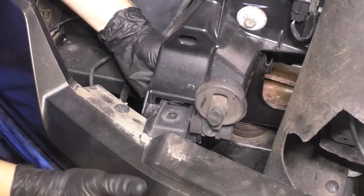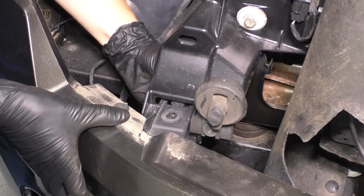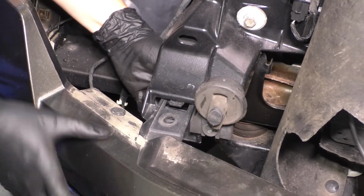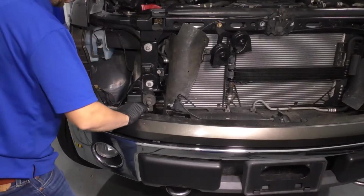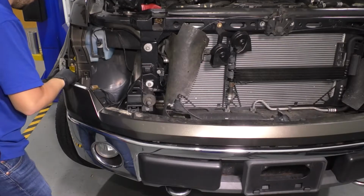There we go. Now back up top, where we removed the 10mm bolts right after the first couple, you'll see this tab right here that you can press down. And once you press that down, it'll release the entire bumper cover bracket, and that'll be the last thing holding this on. And with that released, you should be able to pull this out and away,